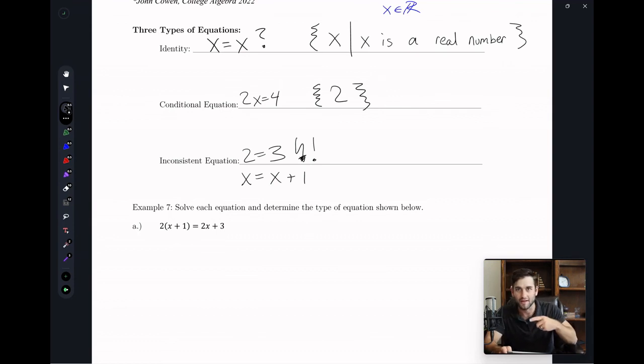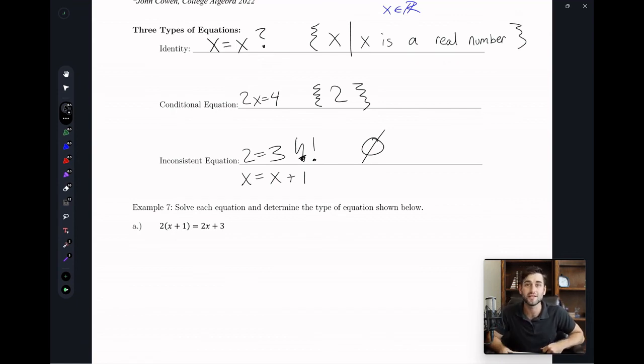Subtract x from both sides. You're going to be left with 0 equals 1. That's not true. So that's a contradiction or a bad thing. That's bad in math. And we have a set for that as well. Instead of drawing the little brackets and the squiggly sets, we draw a circle and put a line through it. It looks like a Pokeball or a circle with a line through it.